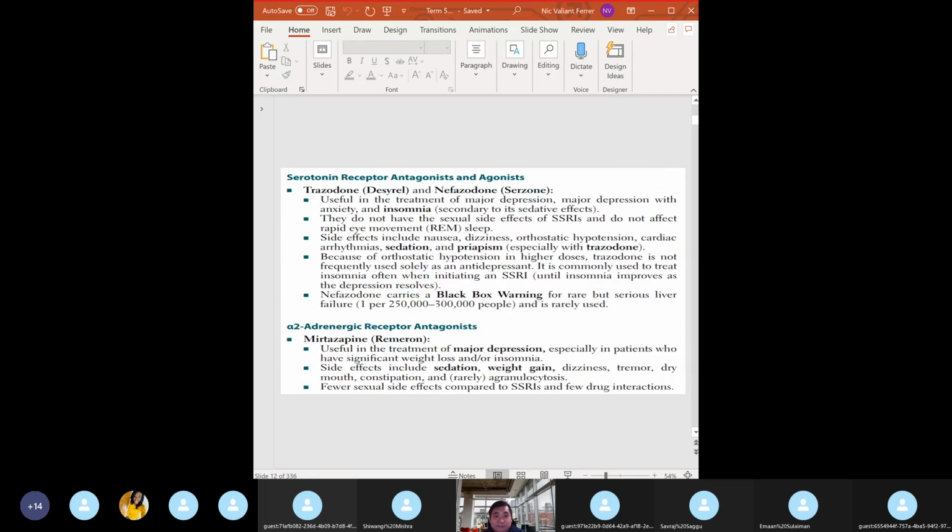Another SGU favorite, trazodone and nefazodone. It is useful in treating major depression and insomnia. Why? It has a sedative effect, high yield. Don't forget that. They do not have the side effects of SSRIs, and they do not affect your REM sleep, right? So that decreased REM latency in major depressive disorder, it's gone. That stage 3 and 4 wave phase change, it's gone. Side effects include orthostatic hypotension, cardiac arrhythmias,